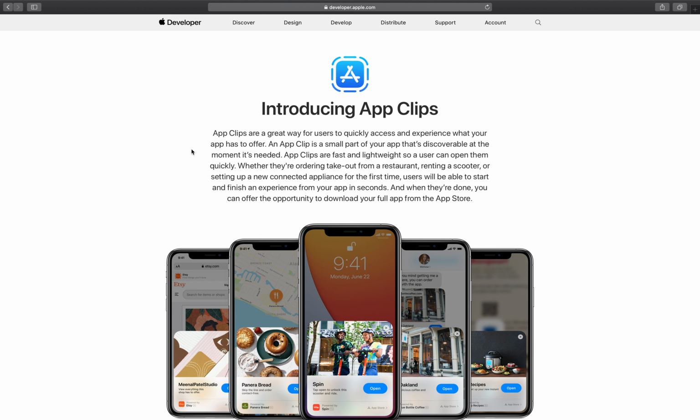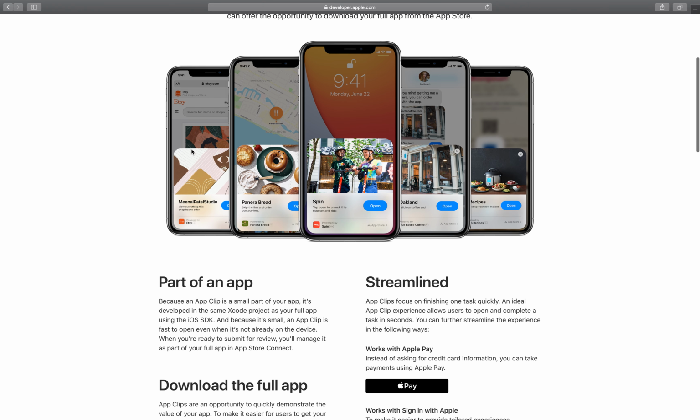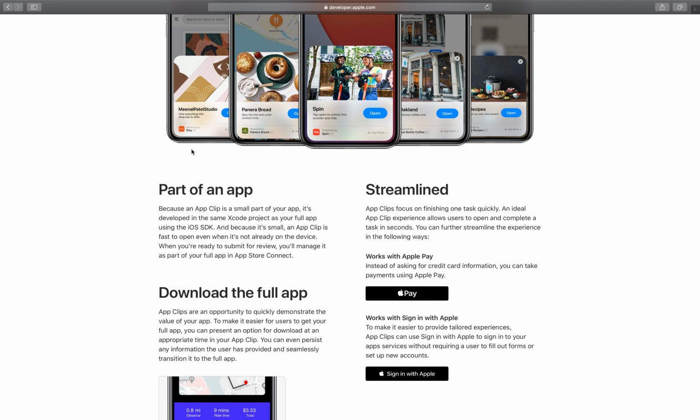It's not exactly new. If you are familiar with Android, then it's very much similar to what we have seen as instant apps. So, app clips is just instant apps for iOS. They have just introduced it, and it's still in a beta phase, or you can say that if you're using Xcode 12 only, then you can actually play with it.